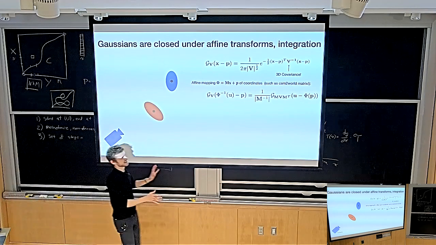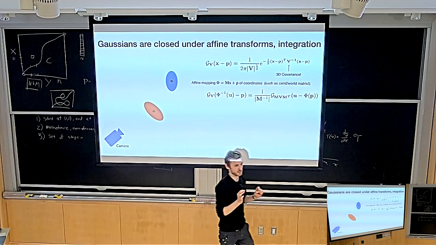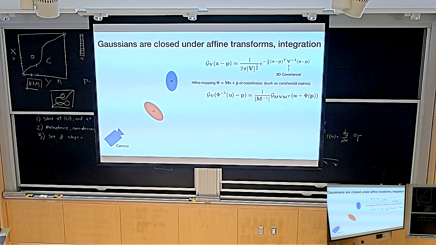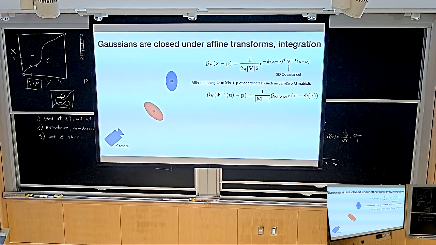Next, now it starts getting a little bit, well, this is probably also still obvious. So the point of the slide is Gaussians are closed under a set of operators that we're going to exploit. So what does closed mean? Who knows what closed means? A set being, yes? That if you apply that operator, you get something back in the same set. Right. Gaussians are quite special because Gaussians are closed under lots of operations. So Gaussians in particular are closed under affine transformations, and they're closed under integration, which is like absolutely not under all integration, sorry. They're closed under integration along an axis specifically.